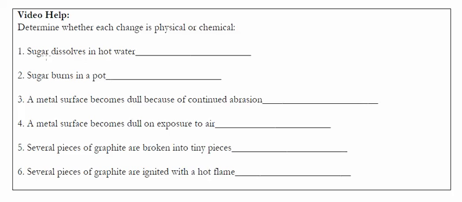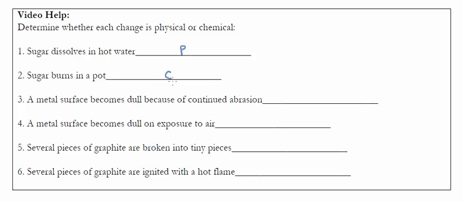So if we look really quickly, sugar dissolves in hot water. Well, if sugar is dissolving in water, you can definitely get it back, and in fact the sugar is simply dissolving. It's being surrounded by water, but you're not changing the identity of the sugar, therefore this is going to be a physical change. If sugar is burning, however, that is going to be chemical because you are changing the